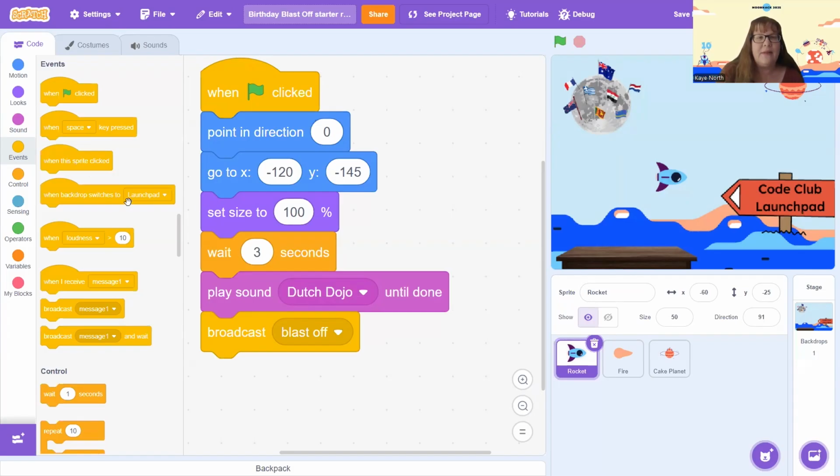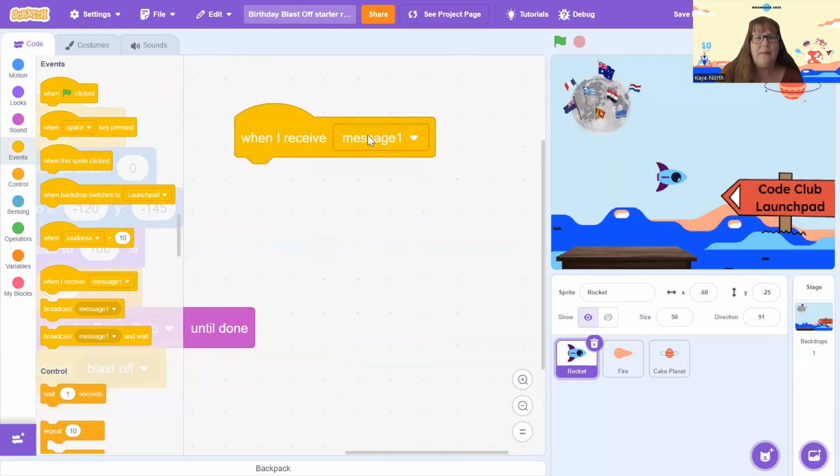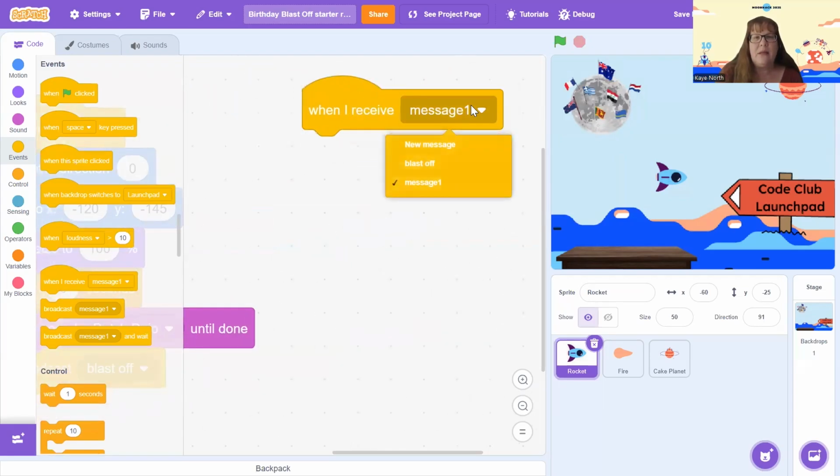So let's drag across a new hat, a new event. When I receive. Now at the moment it says message 1, but we can use the drop-down menu to choose blast off. Here what we're going to do is to add blocks of code so that our rocket sprite will actually move